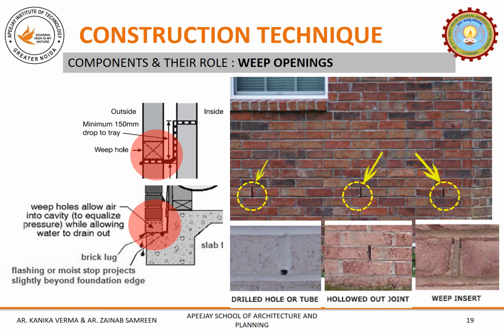Now let's talk about the weep holes or the weep openings. So there are primarily three kinds of weep openings. First is the hole type, which is the very common and frequently used one. Second and third type are the thin vertical vent which are being left out of the brick in order to let the water drain off from the cavity. There can be fixtures available to create the vent, but in some cases the perpend has been left without the mortar which serves the purpose of the water getting drained from the opening.